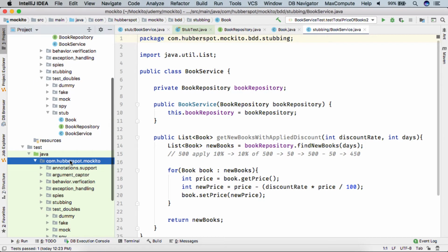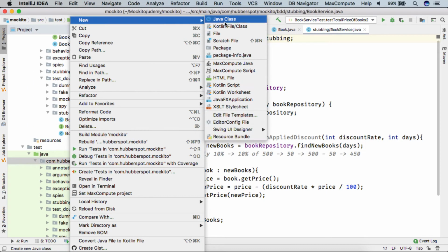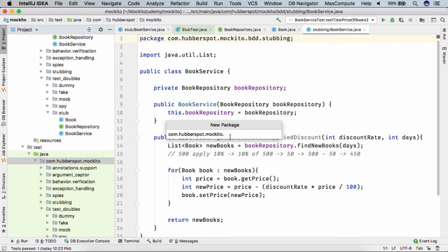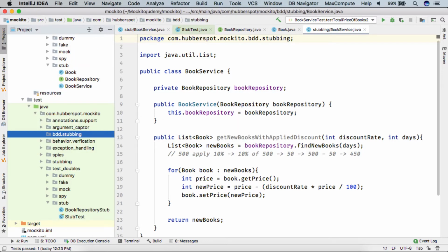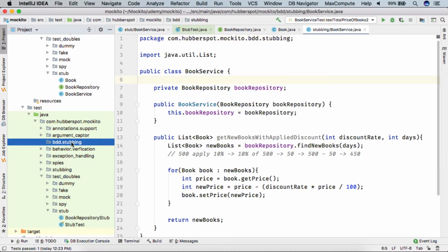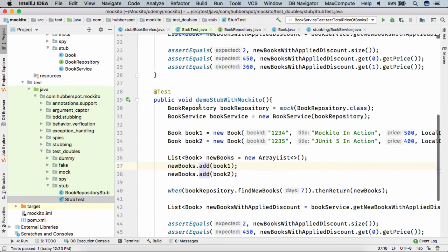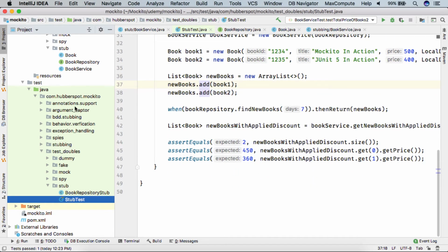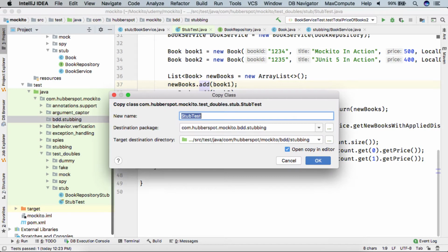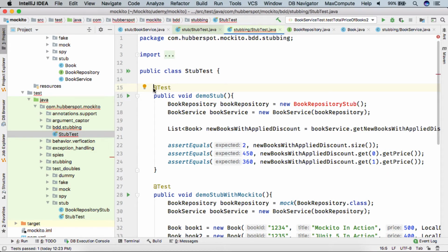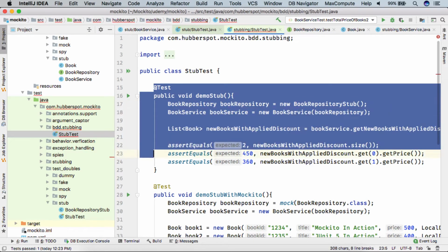Then in our test, I'll create the same package. Here let's say I copy this class stub test, and I will simply remove this test.